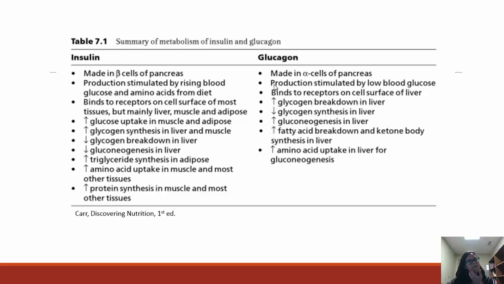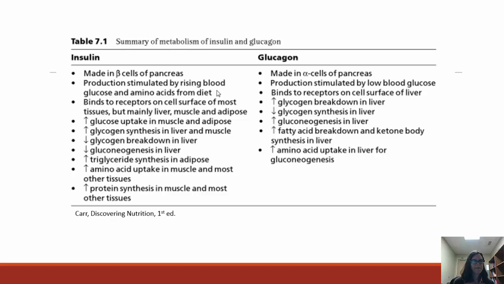Okay, so this is a slide that's pertinent to this topic, but also is starting to bring together what we've learned in this course so far. We know that it's really hormonal control that's dictating how our macronutrients are going to be utilized, synthesized, or degraded. And we have the opposite impact of insulin and glucagon. In our fed state, the insulin is going to predominate. Being in the fed state, we produce insulin, and so we get rising amino acids from the diet,